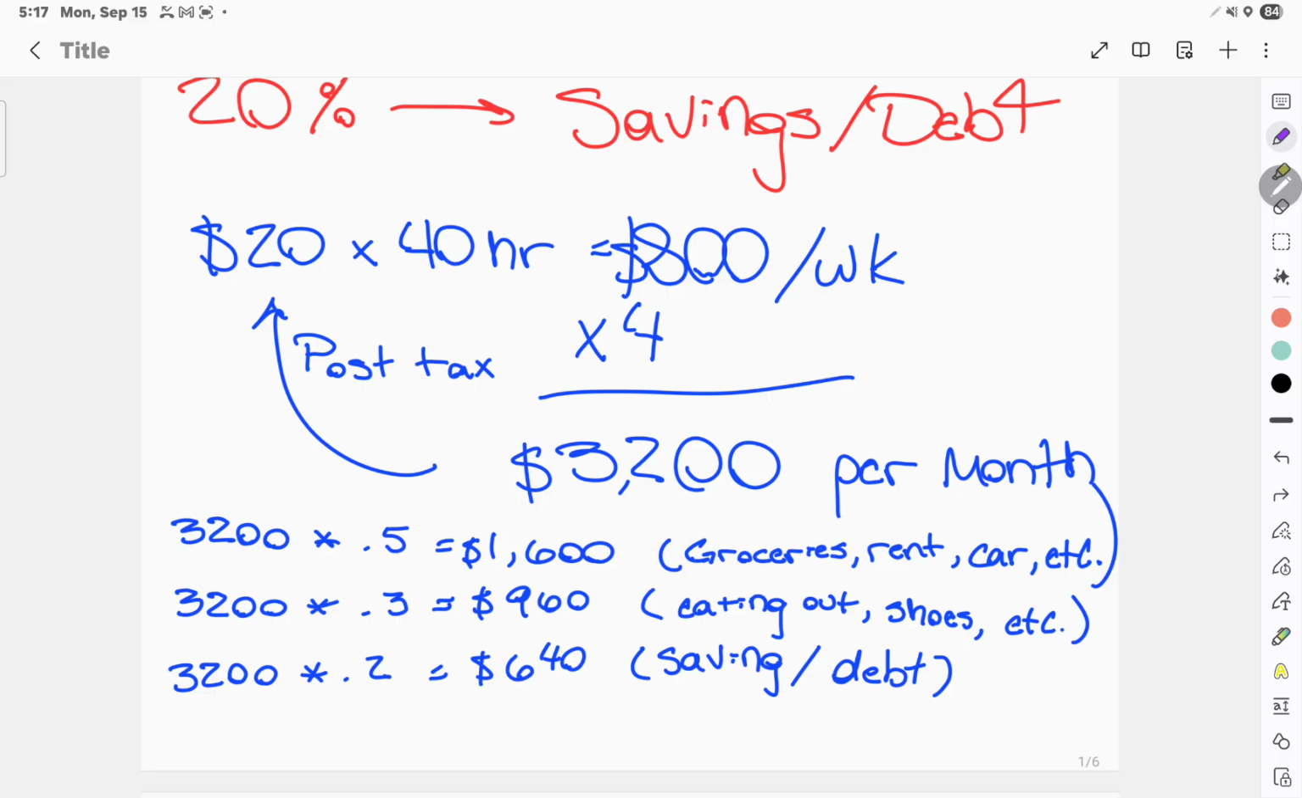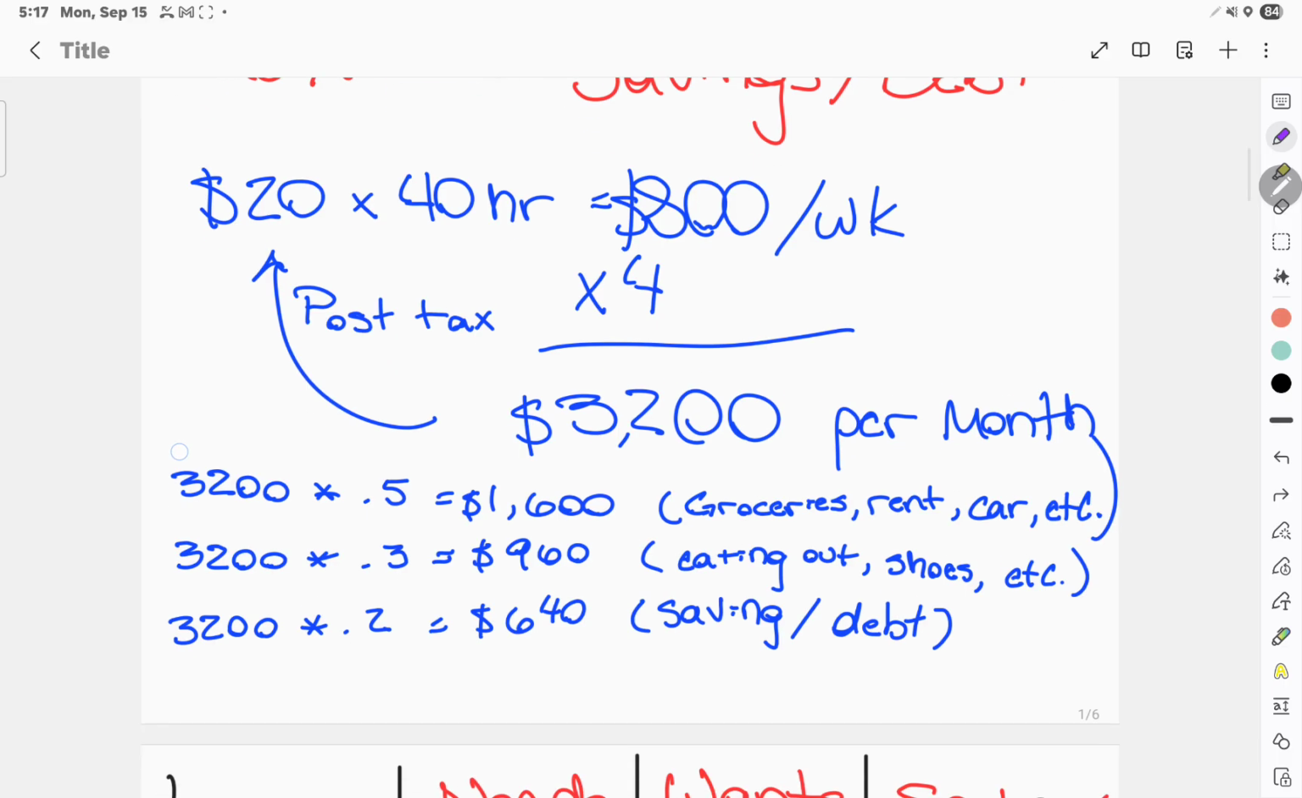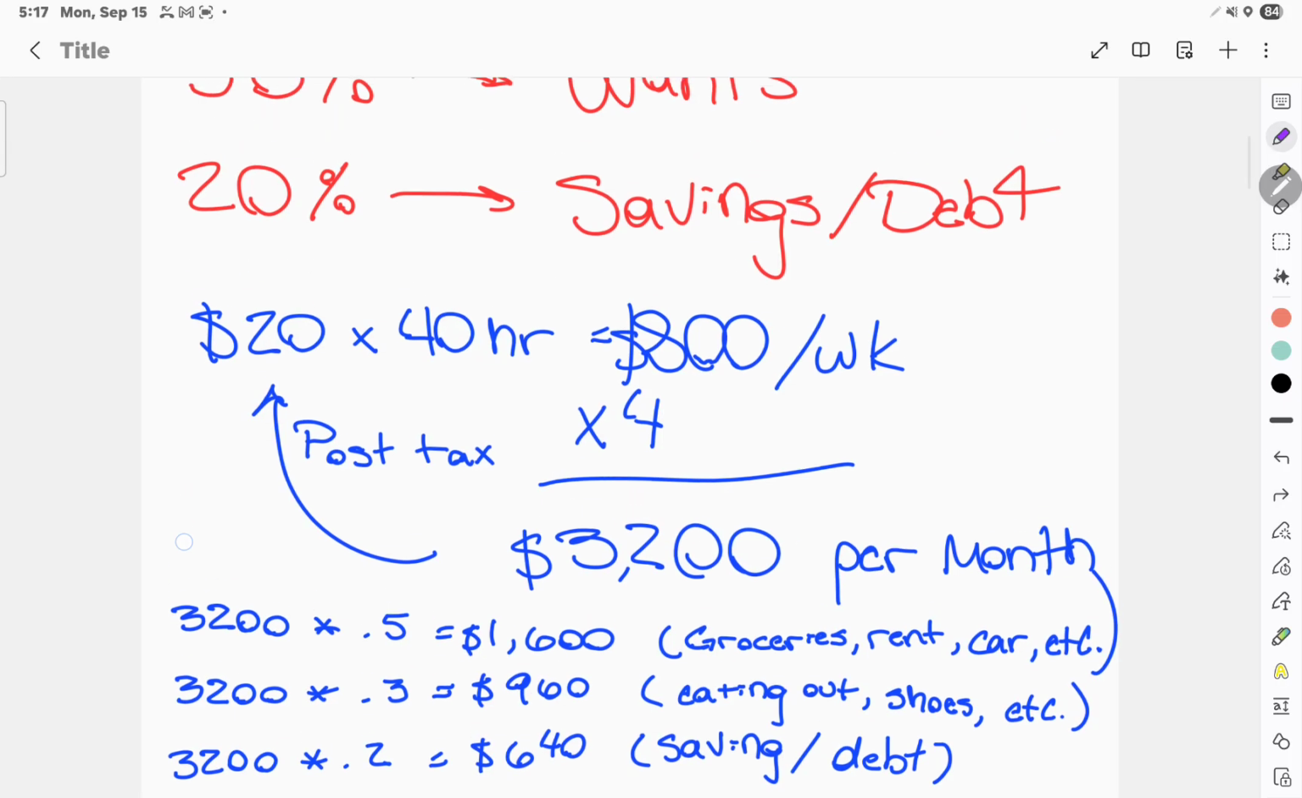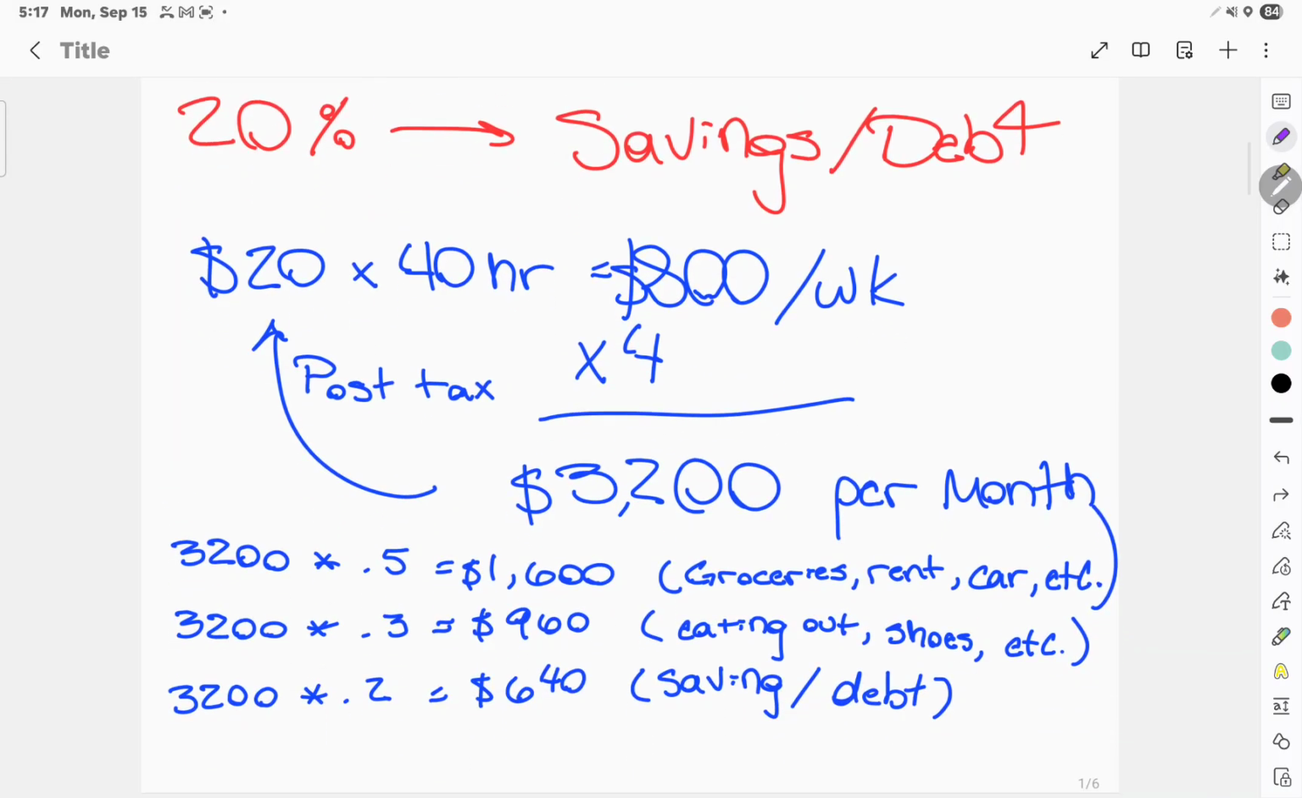So if we calculate out our 50%, 30%, and 20% rule for that month, we'll end up with 50% of 3,200 ends up being 1,600. And then 30% of 3,200 is 960, and 20% of 3,200 is 640. So what this means